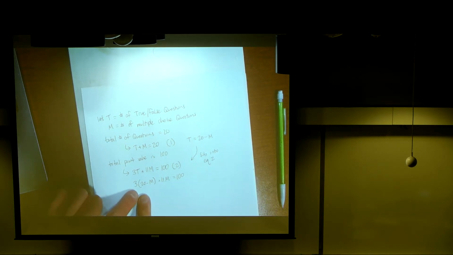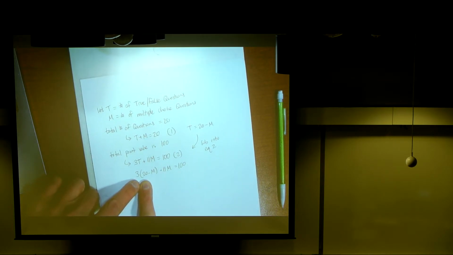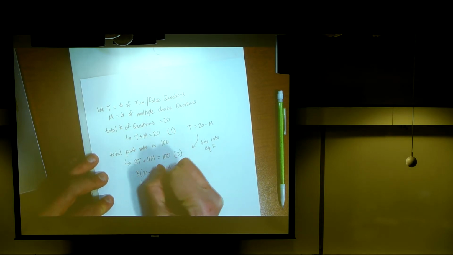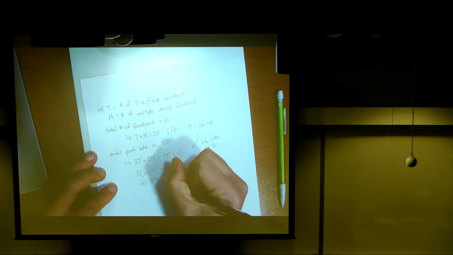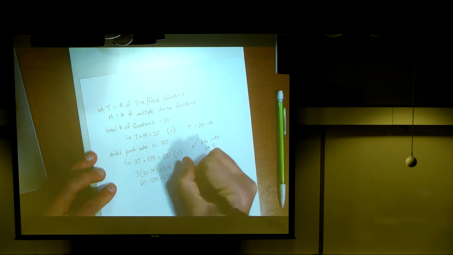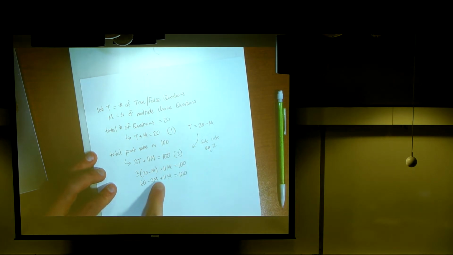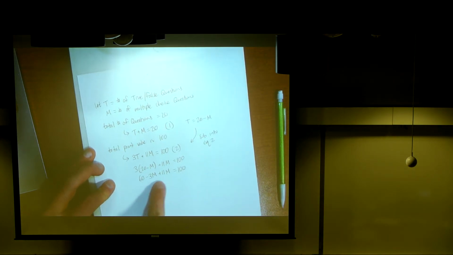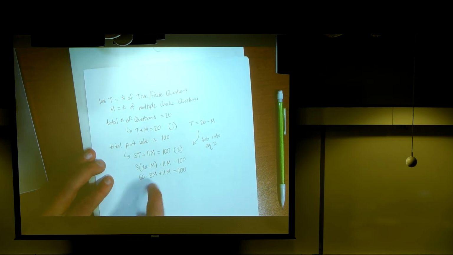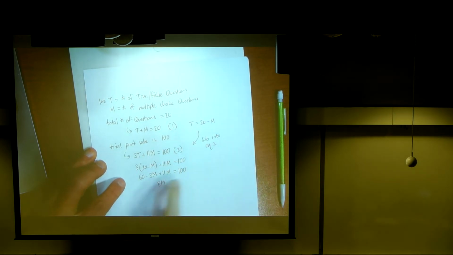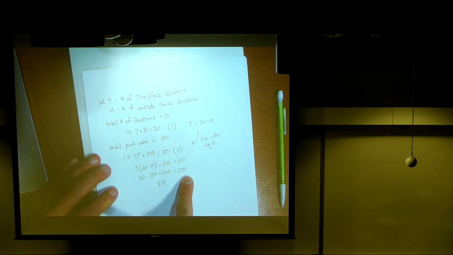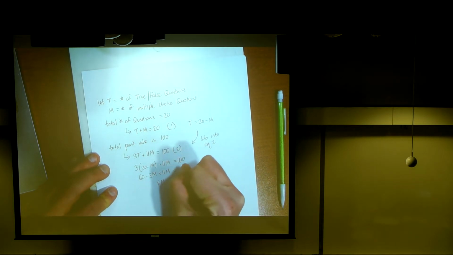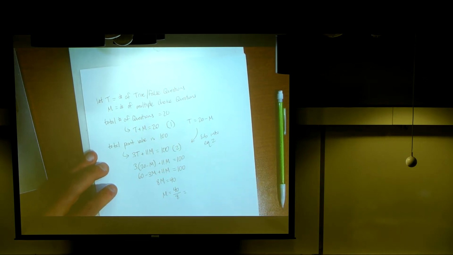Okay, real quick, let's do some mental math. 3 times 20, 60 right there, okay? And then I have minus 3M, distributing that into the parentheses. And then I have plus 11M. That equals 100. So 11 minus 3, what's that? 8. So we have 8M. And then if I want to take this 60 and subtract it from both sides, 100 minus 60, 40. So M must be 40 over 8,